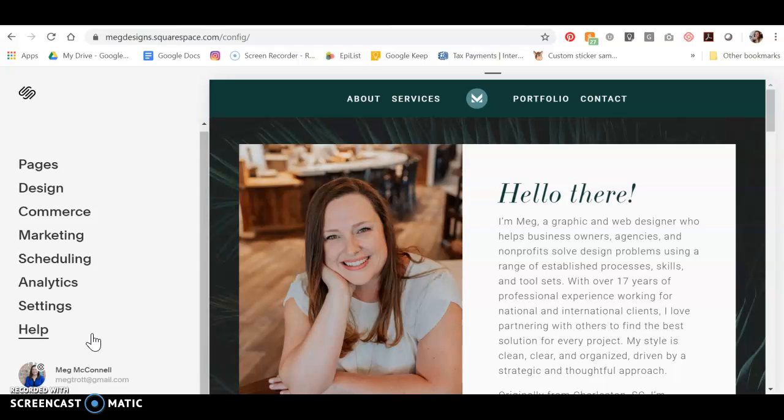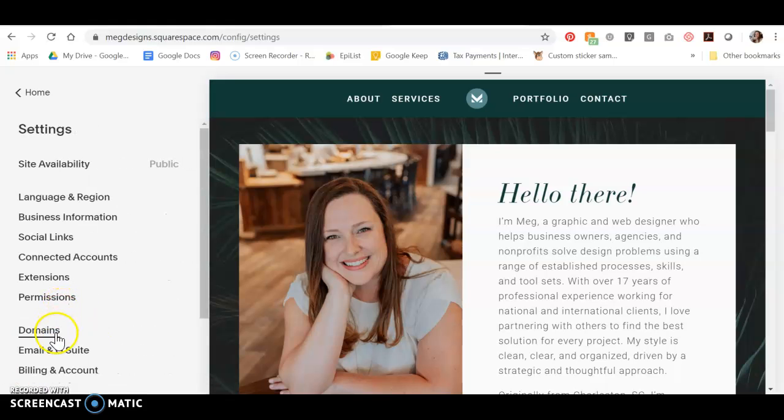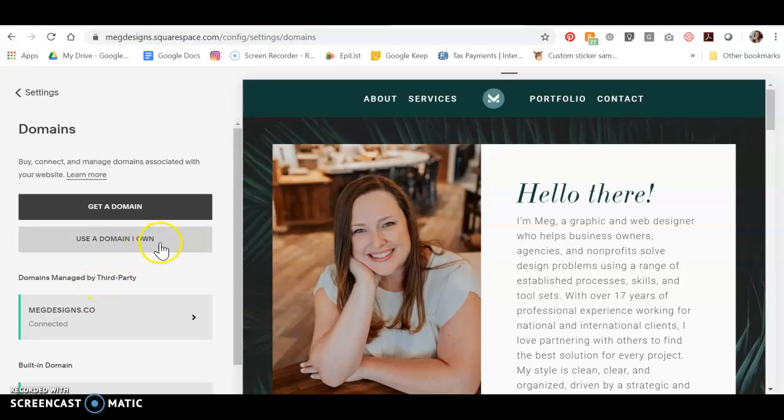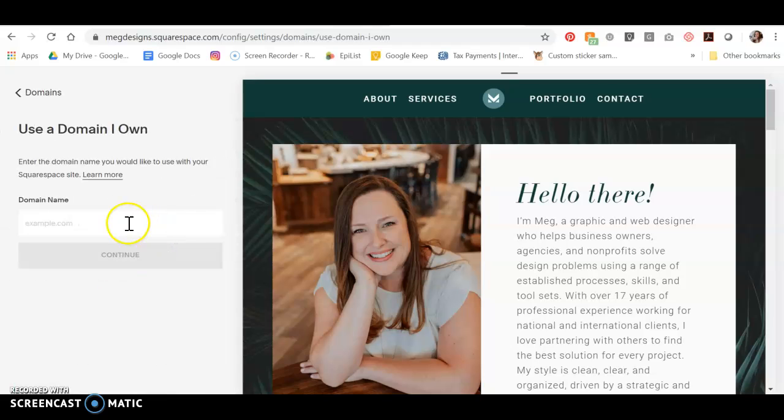So you would connect the domain first under the Settings tab, and then under Domains, use a domain that I own. Okay, and then you would enter the URL that you've purchased through whatever provider, and then click continue, and it'll walk you through the steps to connect your Squarespace hosting account